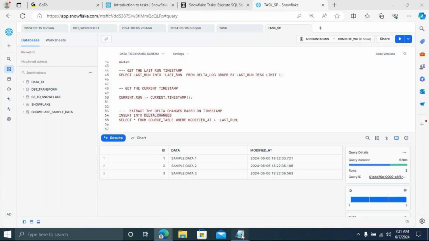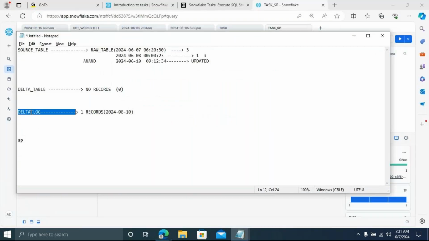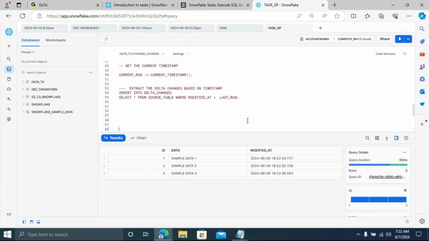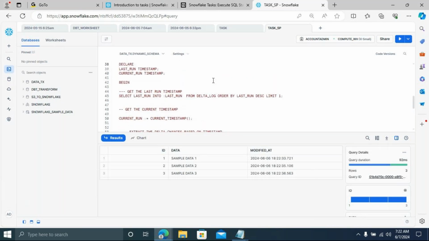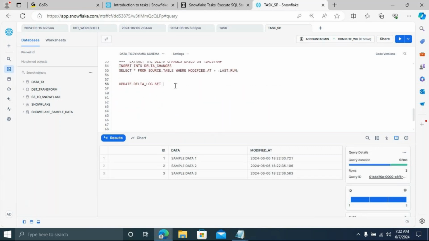Now I want to update which table? The delta log table, with the current timestamp. That part I can write here. Very simple, you can just use an update statement. Update the delta log table and then use set. What's the column name we have for the delta log table? Last run. We have to update the last run. Set last run